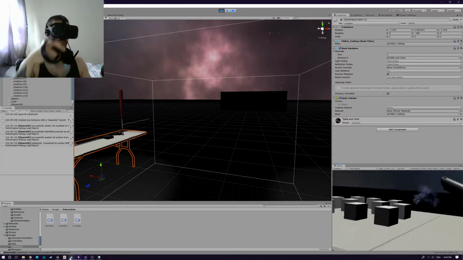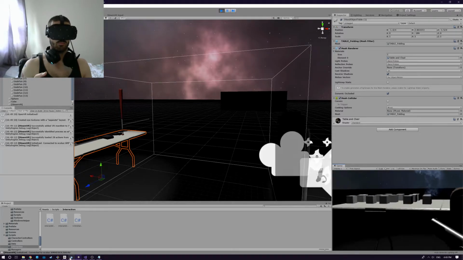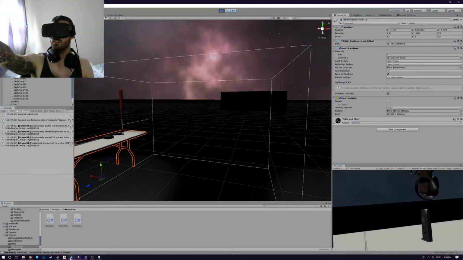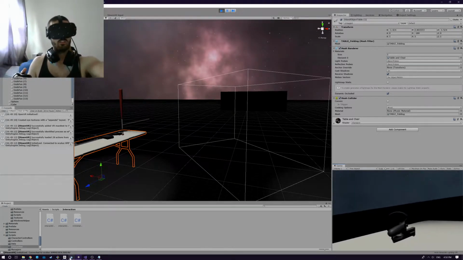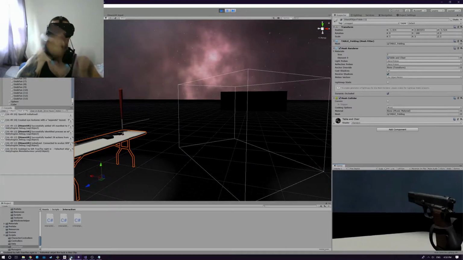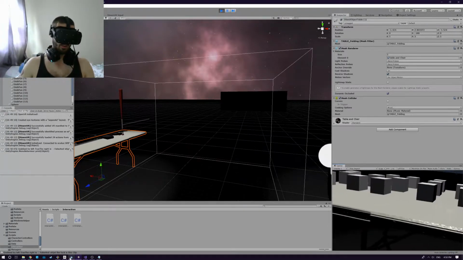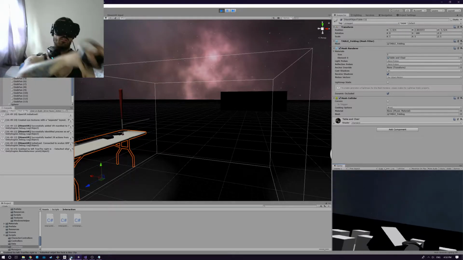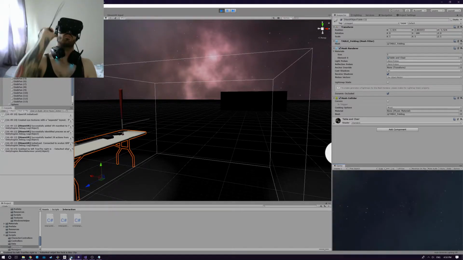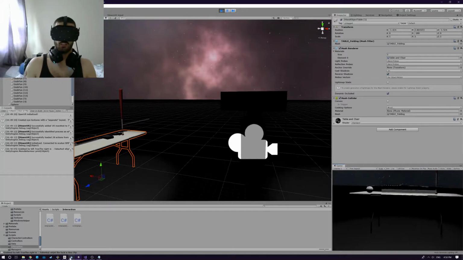Pretty simple gun. Don't mind the muzzle flare or anything, it's just temporary placeholders. You can press a button, and it'll drop the clip out when you're done. You can grab this, put it in, and reload your gun. So that's the interact grab. The throwing, I was actually quite surprised, I had to code myself to add the force back to it.